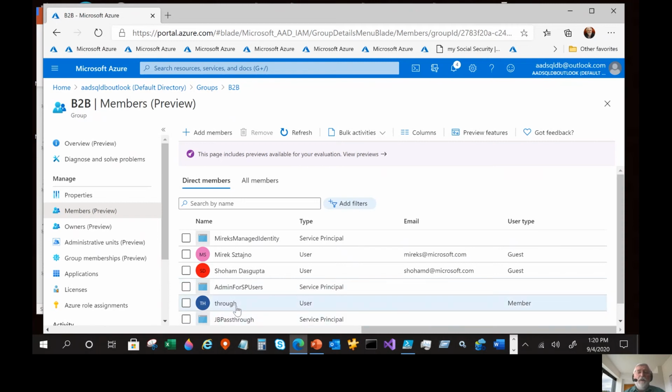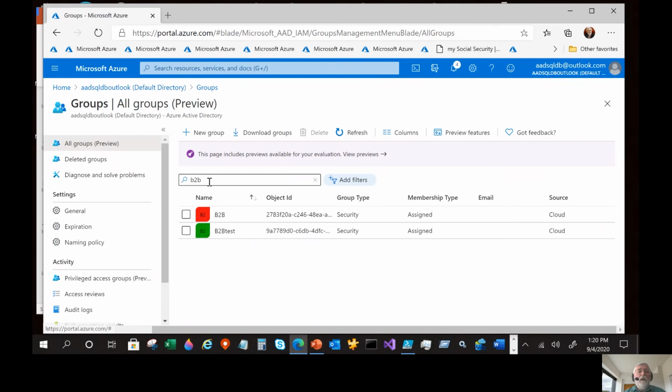And important is also to look at this user that will be used in the last demo. It's also part of the admin group. If we look at the group